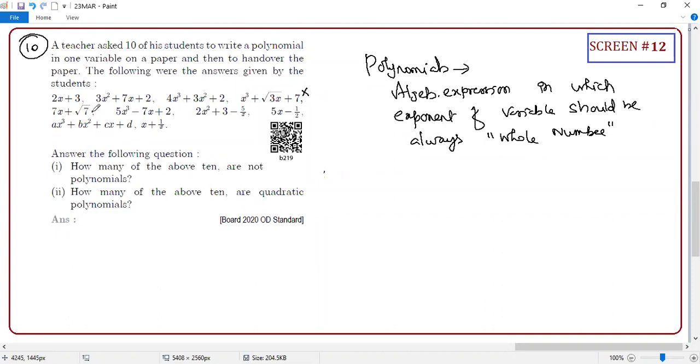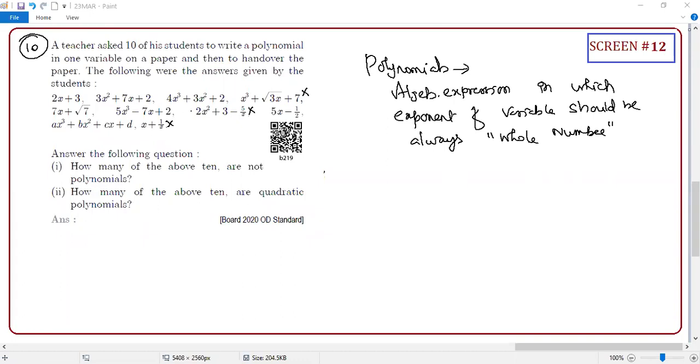Then what about this, anyone can tell me this is a polynomial or not? 7x, yes, sir. Root is there, sir. Root, please understand, the exponent of the variable only. Constant can have root. So this guy, yes. Now this guy, yes. This guy, yes. No, this guy is not. Why? Then what else? This guy, okay. This guy, no. So how many no's? 3 no's. So finally, how many are polynomial?